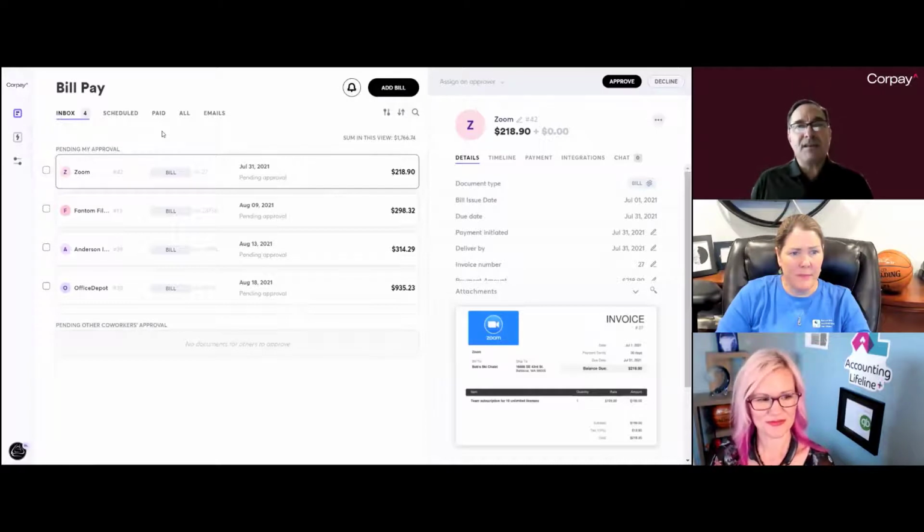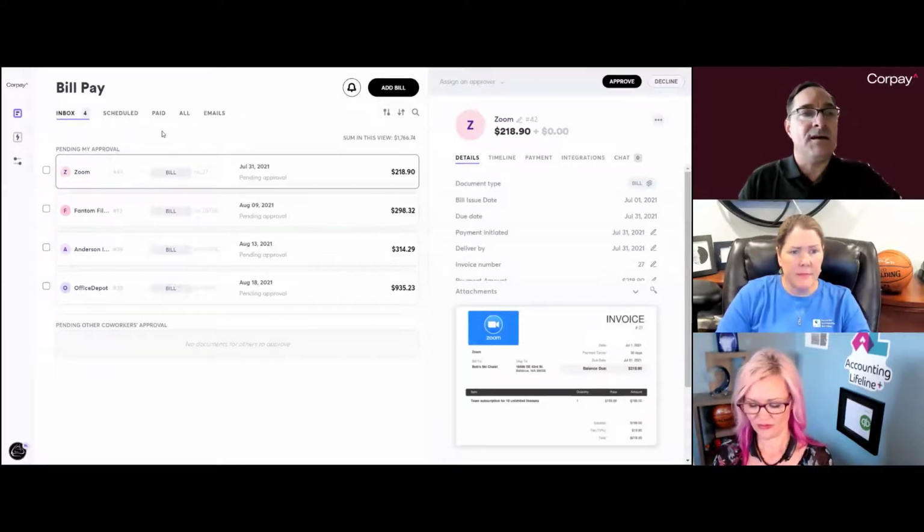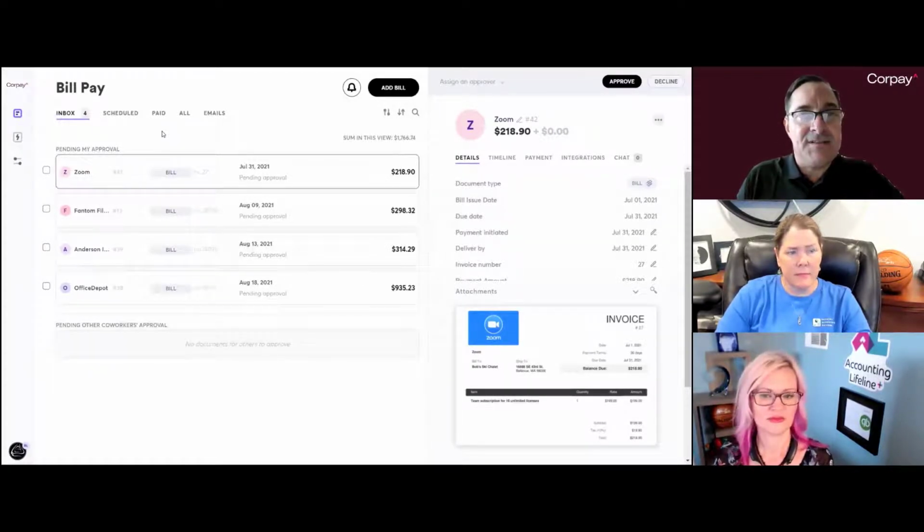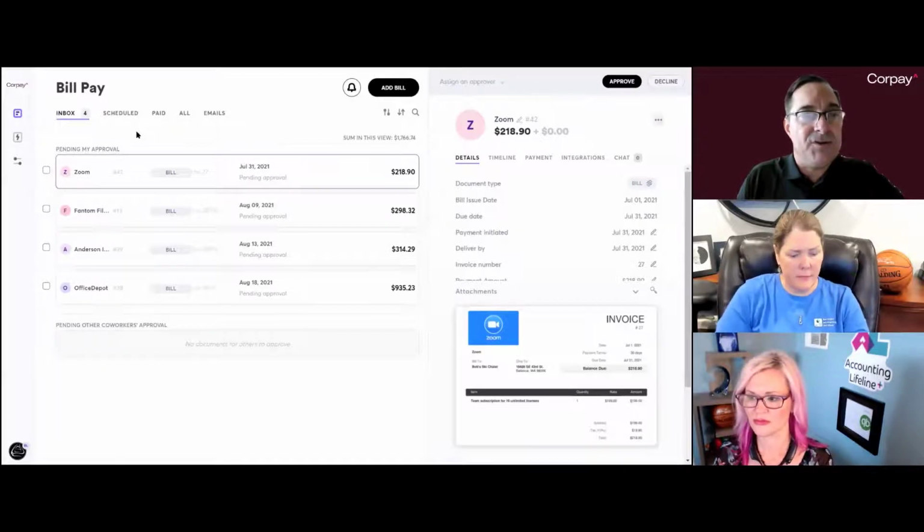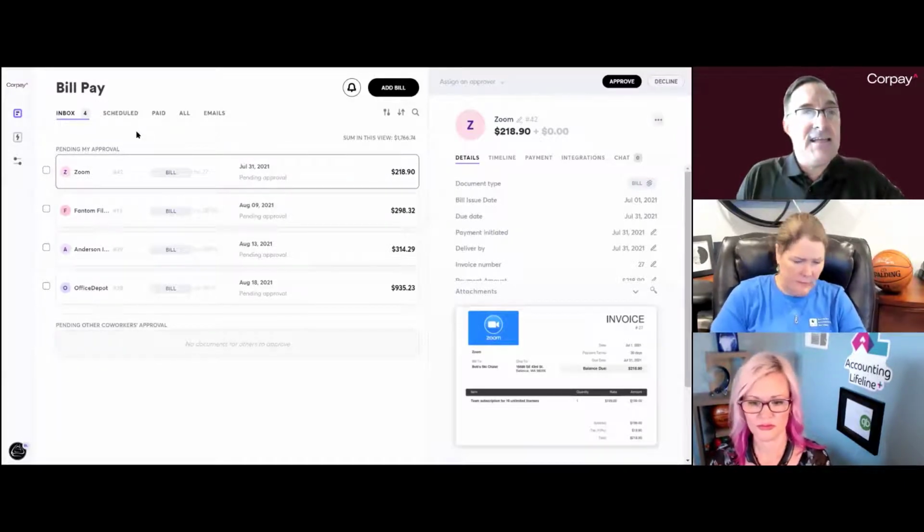So this is Corpay, and this is your home screen. Your home screen is the bill pay screen. And there's a dashboard. There's other ways to navigate, I'll show you that. But this is where you land when you open up with a client account, and you see